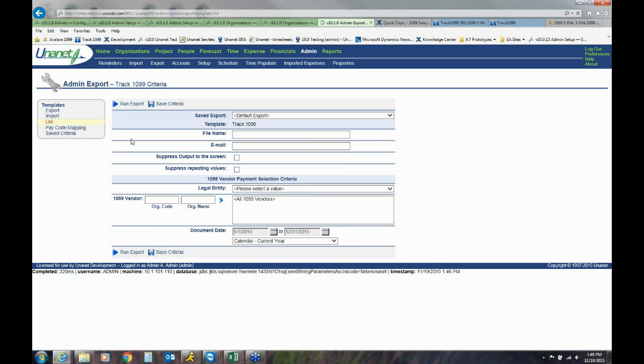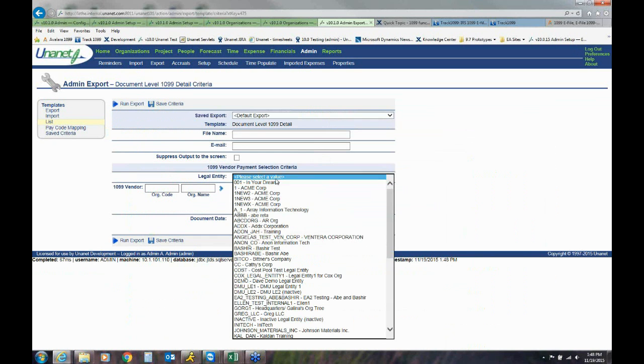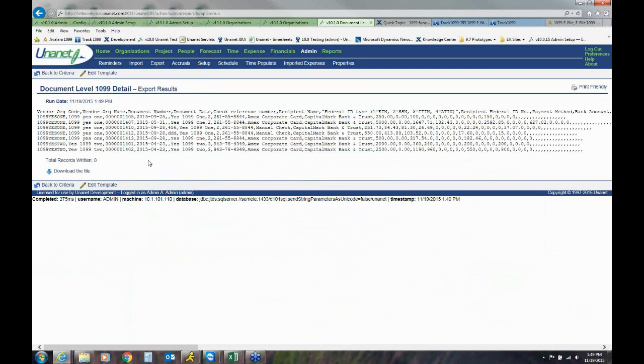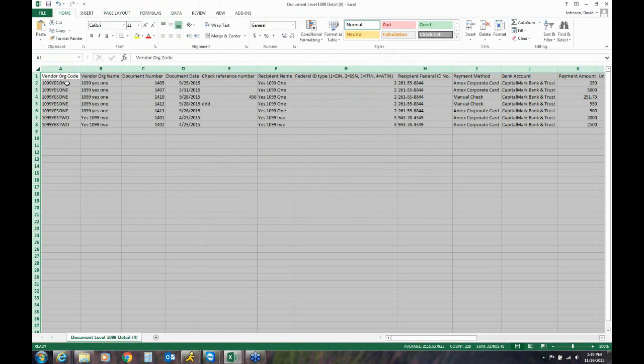Let me go back to the list here just for a second. We have a document level detail export that it's recommended that you run prior to actually doing the filing documents. What this export does is give you the detail at the vendor payment level for exactly what the breakdown was by payment document. So you can see here, and let me just download the file and open it. In this export, you've got the org code, org name, the document number, the document date, some kind of reference number, and then